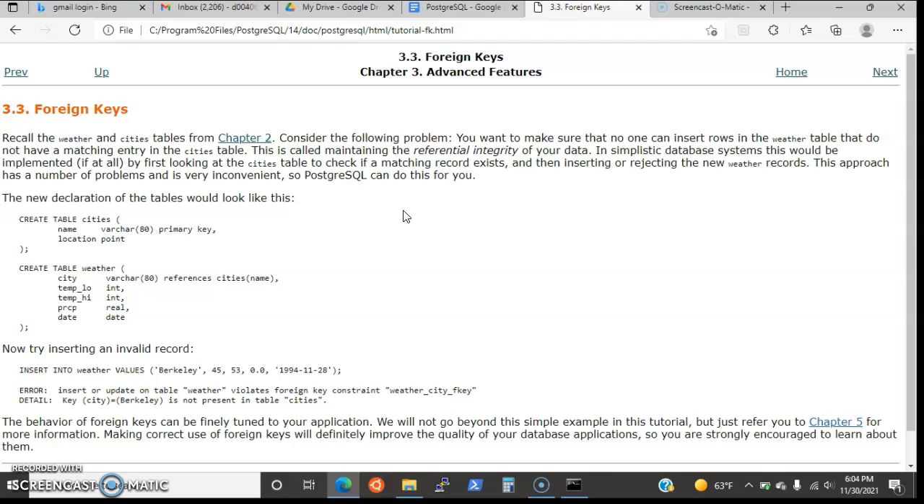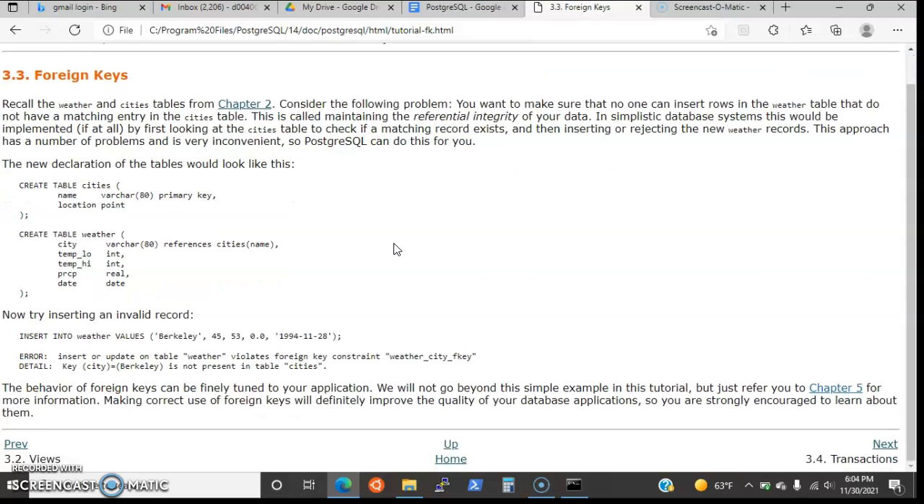This, as far as I can tell, is exclusive only to PostgreSQL, or at least this technique of doing this is unique to PostgreSQL. This is called foreign keys. What basically you can do is say that you can insert a value into a table, but if that value that you're trying to insert is not in another table,